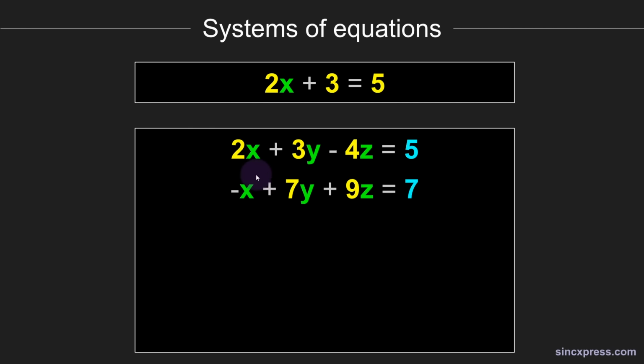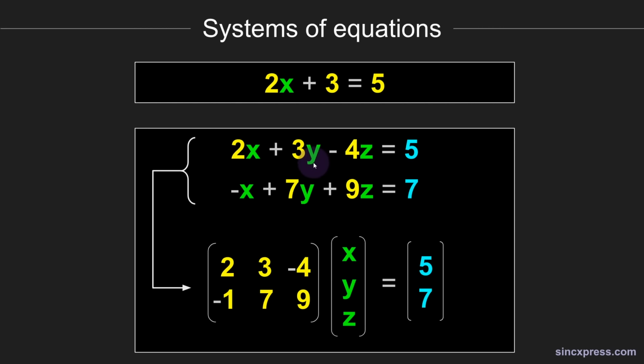In your algebra course, this can be a little bit tricky to solve. But in linear algebra, in matrix analysis, this is actually quite easy to solve. And the way you do this is by transforming this system of equations into its matrix form, and that would look like this. So basically you separate all of the coefficients, which are these numbers that are multiplying the variables,